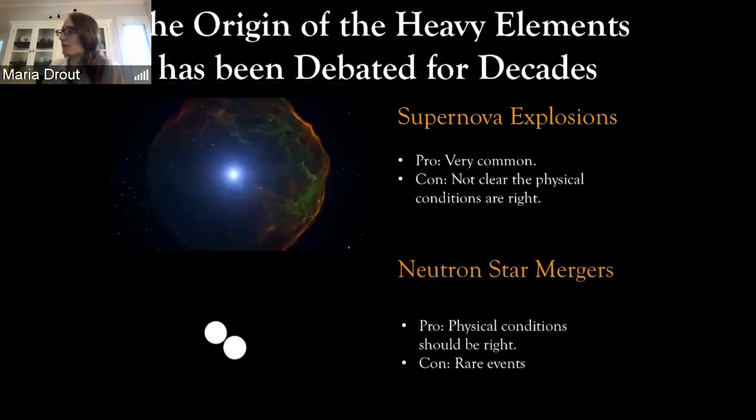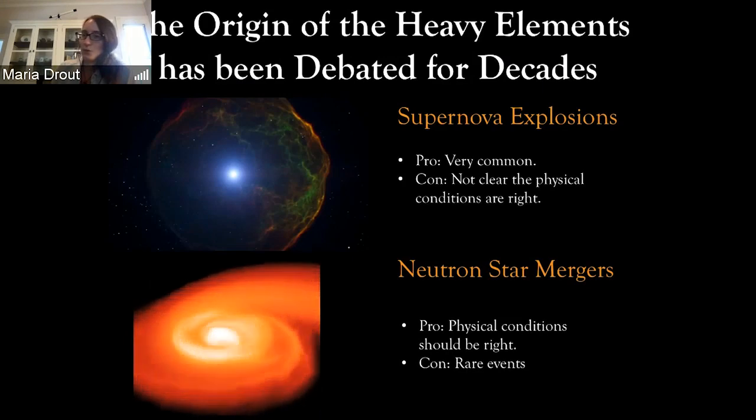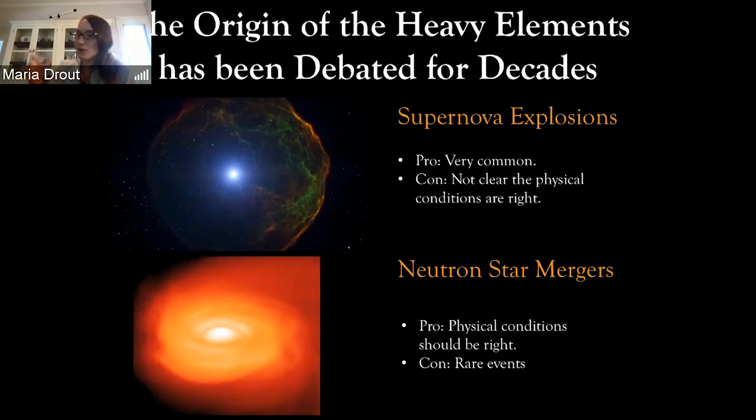So what's another option? Another option is neutron star mergers. So neutron stars are just what is left over after a normal supernova occurs. And if two of them are close enough together, they can eventually tear each other apart, throwing out material in the process, like what you just saw in this video. The pros to this are that the conditions are great. These are neutron stars. They're made of neutrons. All of the material thrown out in this explosion is just a soup of neutrons with very high energy. So we know that the physical conditions should be right.